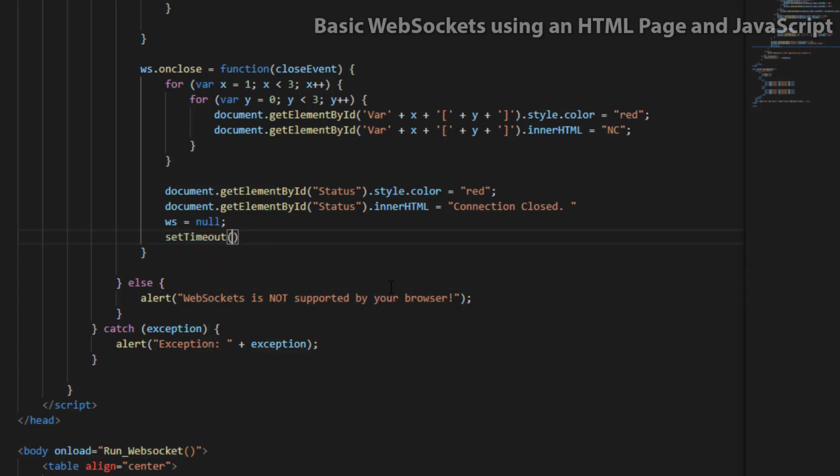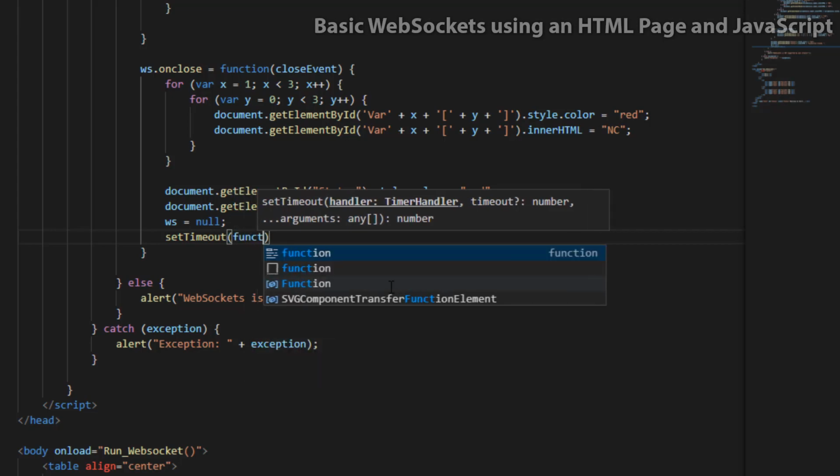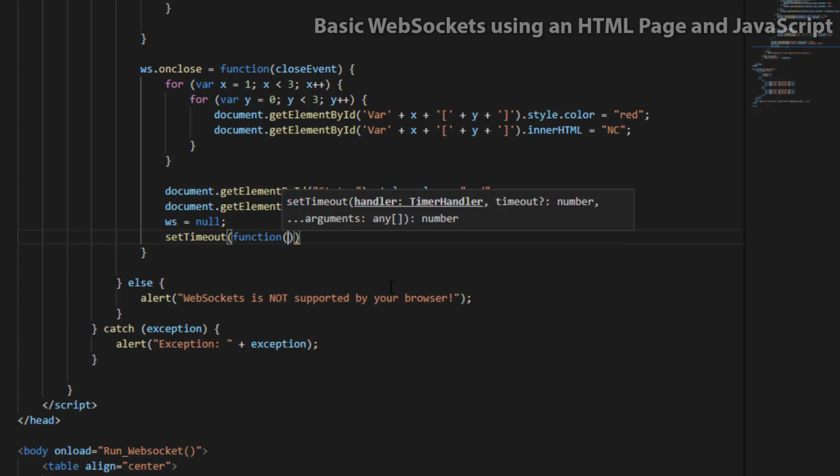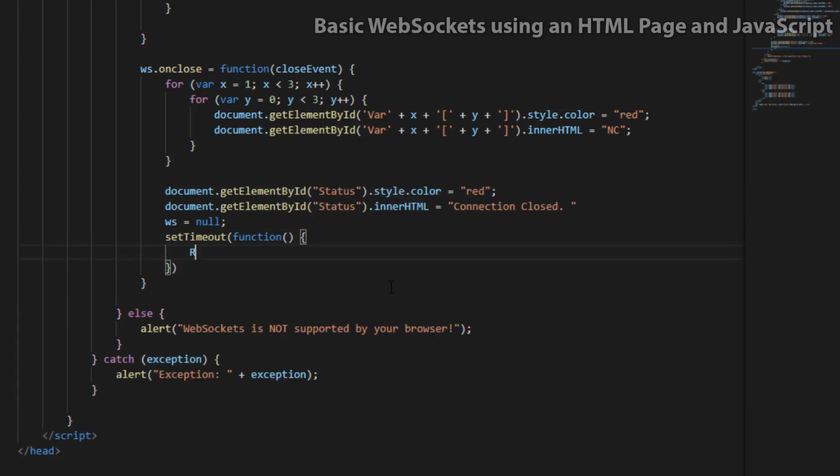And then in the set timeout brackets here, we're going to do a function. And in the function, we're going to do runWebSocket, bracket, bracket, semicolon. And then after my curly bracket here, I'm going to put comma